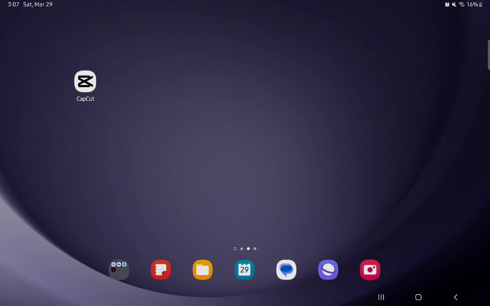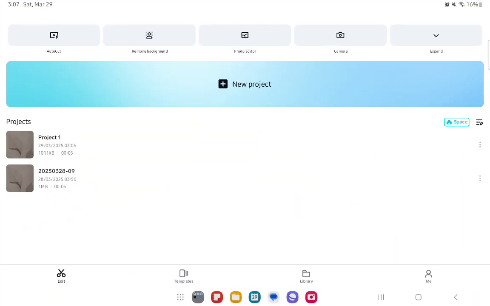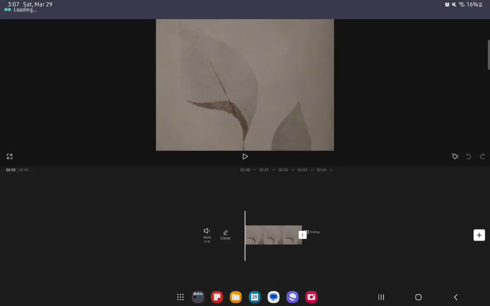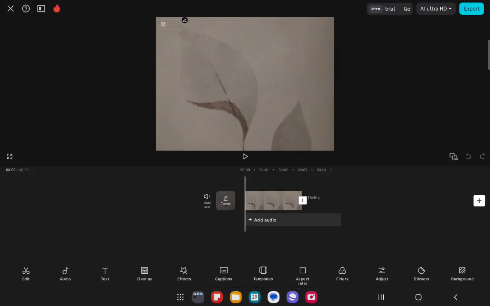The first thing you need to do is enter the app. Once you are done with that and you are in the home page, you can just press on one of the projects here and wait a little bit now. And here you can see the mute clip option. You can just press on it and the clip is going to be muted now. And that is pretty much all you need to do.